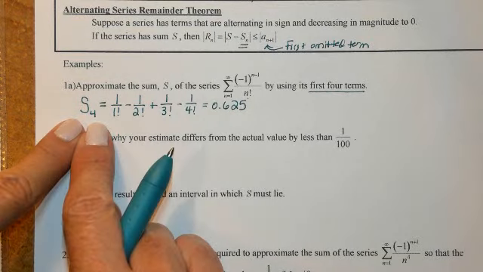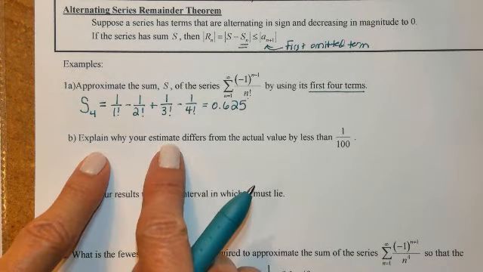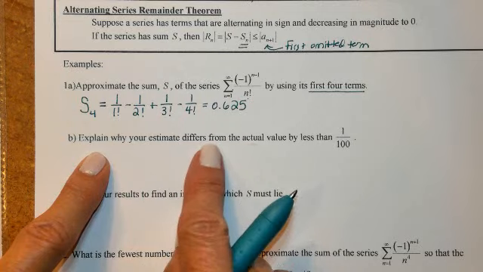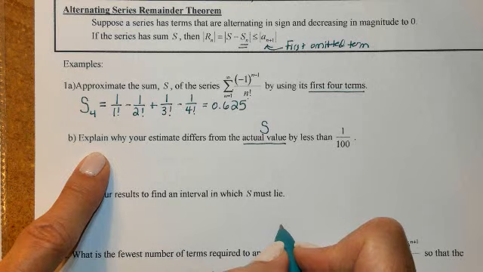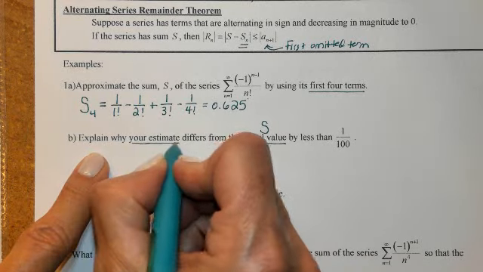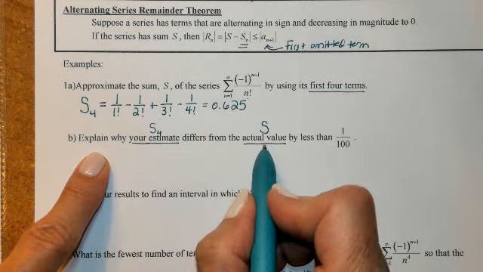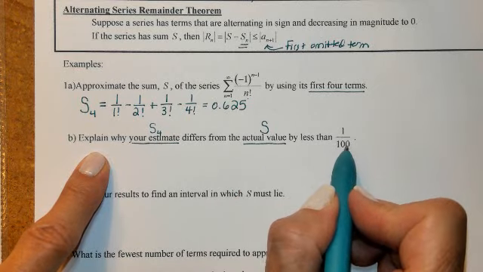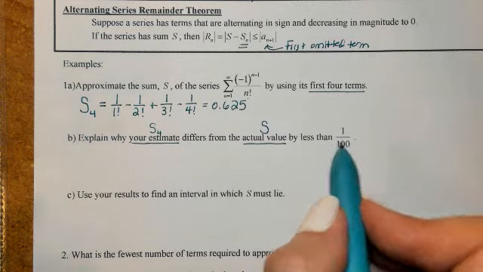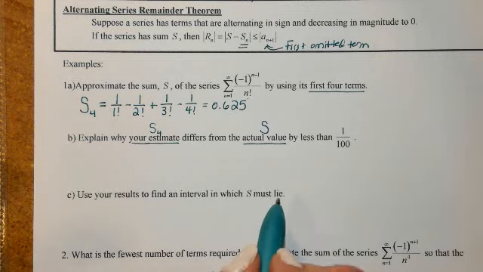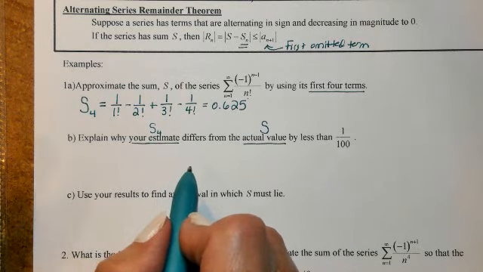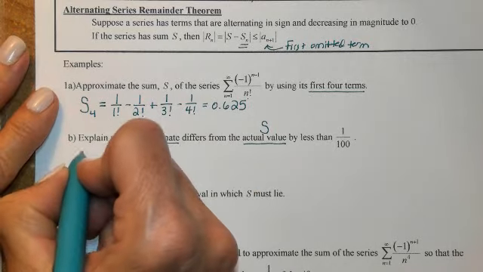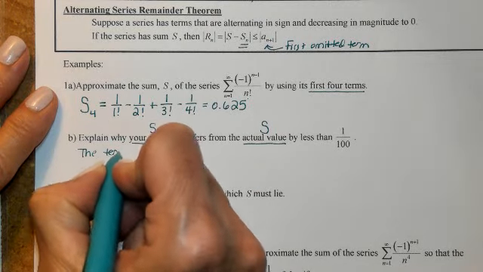So that's our approximation. Explain why your estimate, that's our S sub 4, differs from the actual value by less than 1/100th. Remember, the actual value is S with no subscript. Well, I'm using this alternating series remainder theorem, but I cannot use it without stating why I can use it. And the only reason I can use it is because the terms in the series